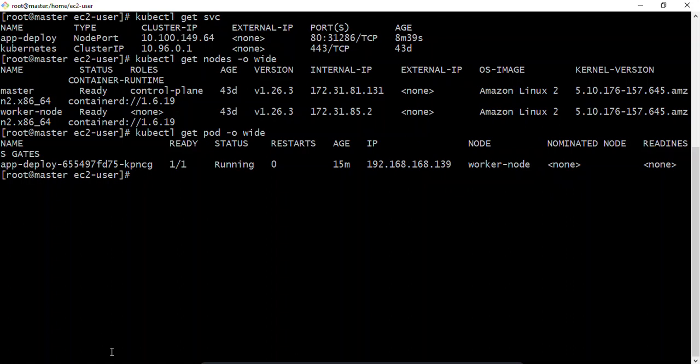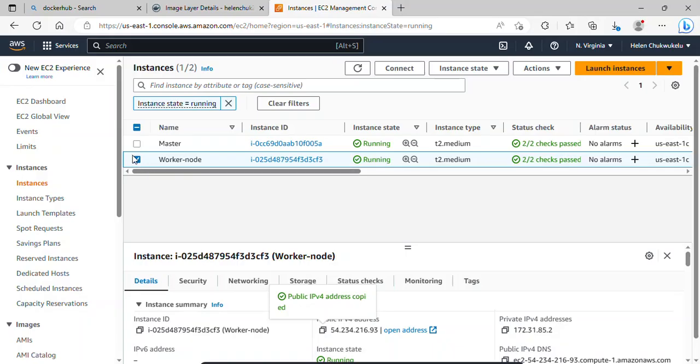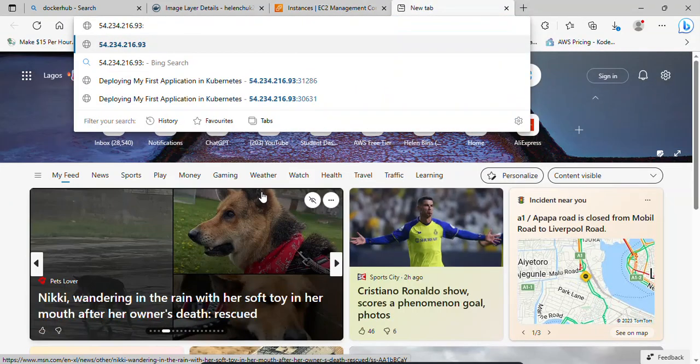All right, so I'll go ahead and copy the public IP address, and then we use this port. This is the port that has been assigned to the node that is running my workload. So I'm going to use this port right now. This is my management console, and this is my worker node. So I'll just copy this public IP address here, go to my browser, paste this